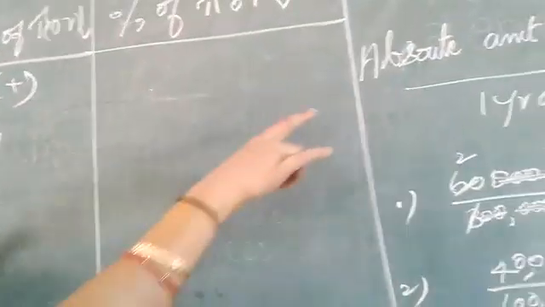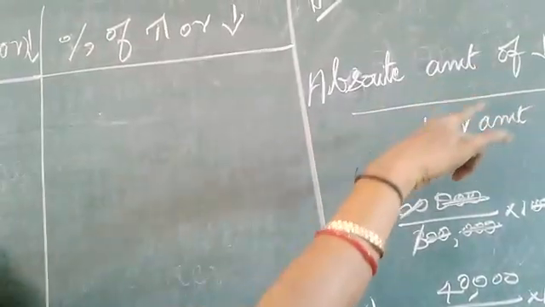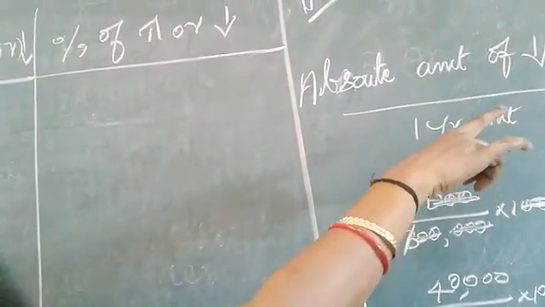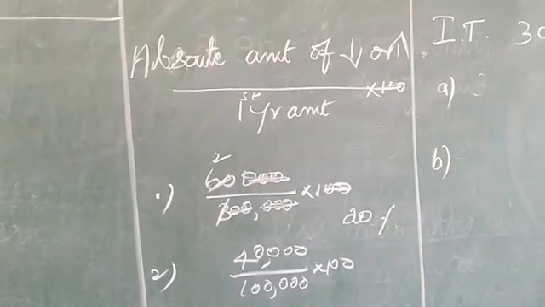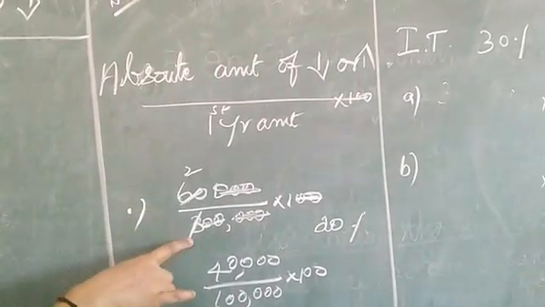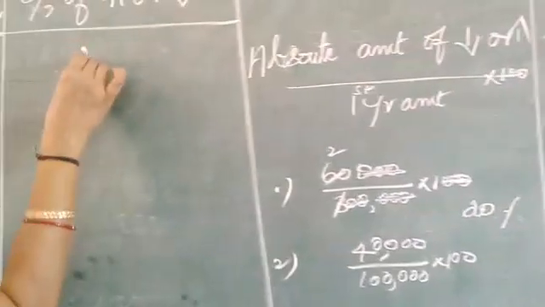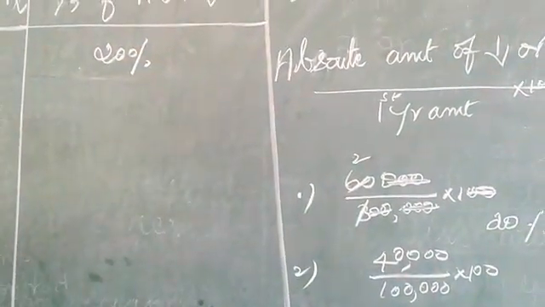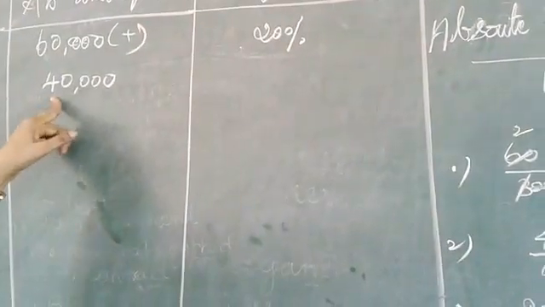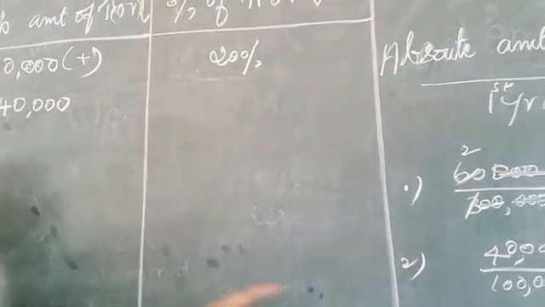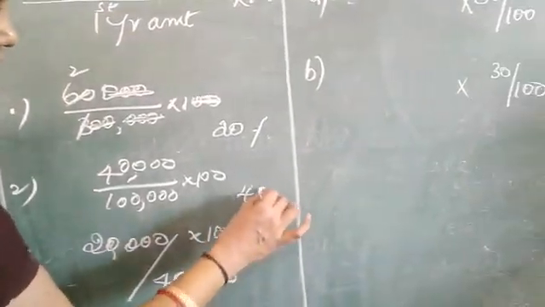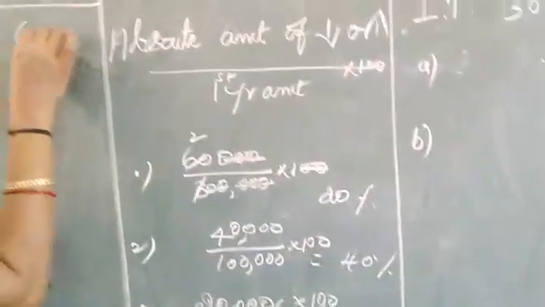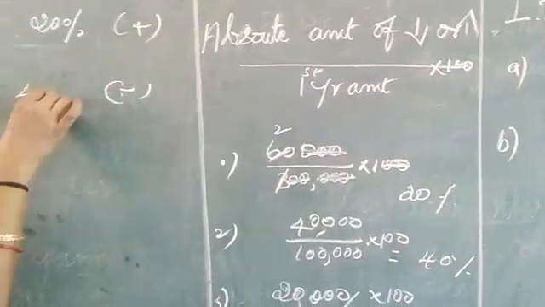So first one, can you tell me the percentage? How to find out? The same formula, amount of increased or decreased divided by 1 year amount into 100. 1 year means that is first year amount. Which is the first year here? Yes, 15 to 16 is the first year. So 60,000 divided by 3 lakh into 100, how much it will come? 20%, isn't it? The same manner, next one also, 40,000 divided by 1 lakh into 100. So what is the percentage? Yes, 40% will come. Here 40%, it is plus, it is minus, isn't it?